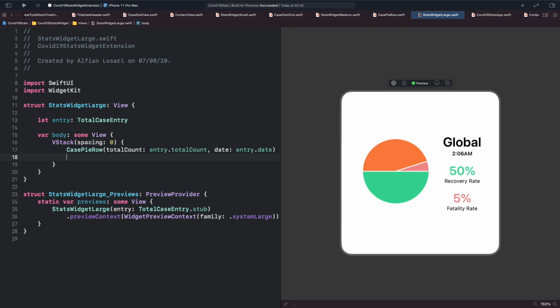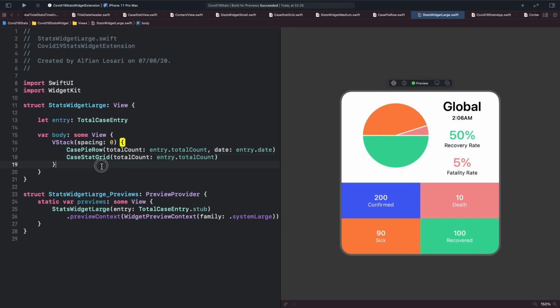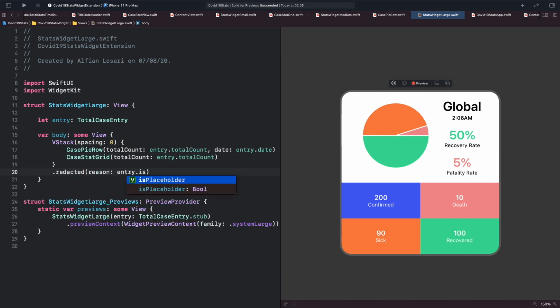Below, declare the case stat grid passing the total count from the entry. Also add the redacted modifier for the placeholder. That's it. It looks nice in the preview. We have built the widget for all the family sizes. Now let's create an entry view for the widget that returns the associated view depending on the environment widget family